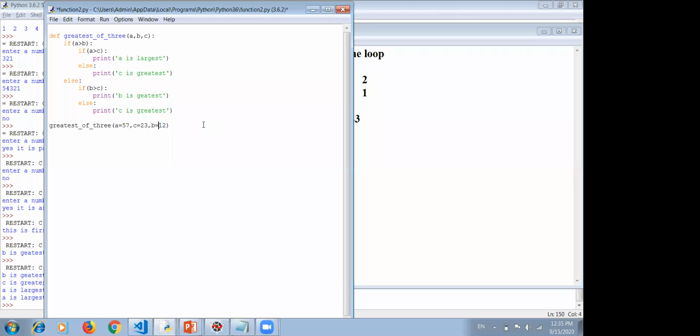Now these are the keyword arguments, which means A will be assigned whatever is given to A, second will be assigned whatever is given to B, third will be assigned whatever is given to C. Now their order does not matter.